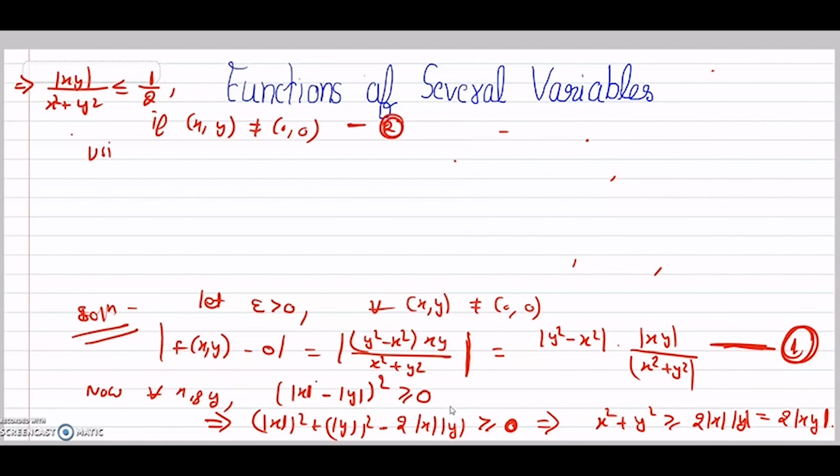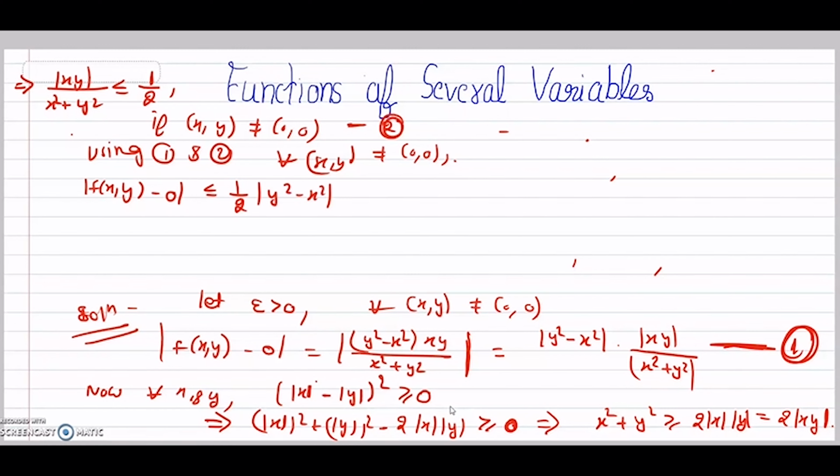So using 1 and 2 we get for all (x,y) not equals to (0,0), modulus of f(x,y) minus 0 is smaller than equal to 1 by 2 modulus of y square minus x square is smaller than equal to 1 by 2 y square plus x square is equals to 1 by 2 x square plus y square,